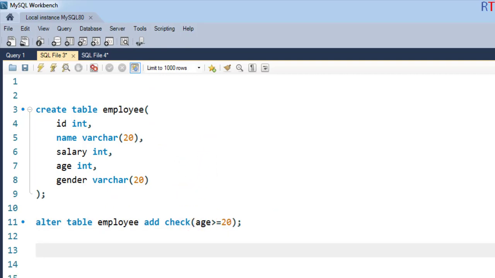Now we can also name a check constraint, and we can also define the check constraint on multiple columns. In that case we have to use the ALTER TABLE statement. So we have to write ALTER TABLE employee. We're going to add the constraint, and we have to give a name to the constraint. So I'm going to call it chkemp,